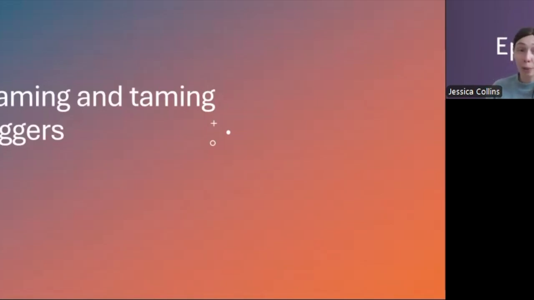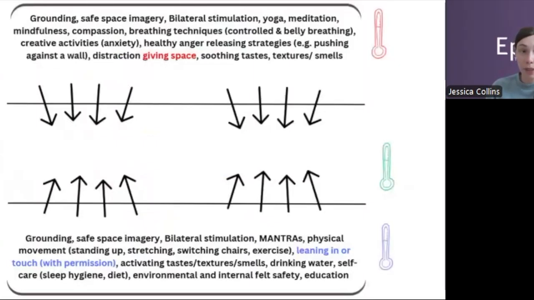So how do we help someone to get back into their window of tolerance once they've experienced a trigger? This is where our regulation strategies come in. And we can use these to either slow things down when someone is in hyperarousal, or speed things up when someone's in hypoarousal. And I've shared the slide here, which has loads of different examples. Feel free to pause the video and have a good read of all the examples we have on screen.